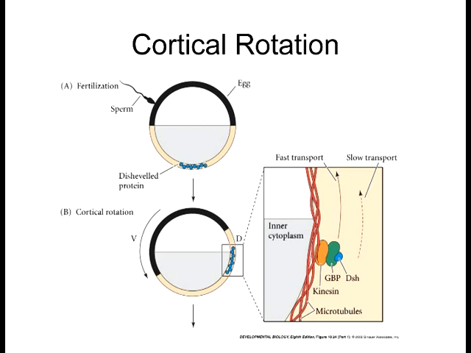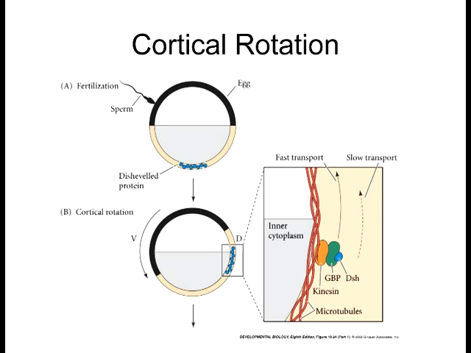Now, you actually have the protein. You don't necessarily have the mRNA. You have Disheveled protein here that's bound. When the sperm fertilizes the animal pole, then you get the cortical rotation. So what ends up happening is that cortical rotation pushes the Disheveled to what will eventually become the dorsal region